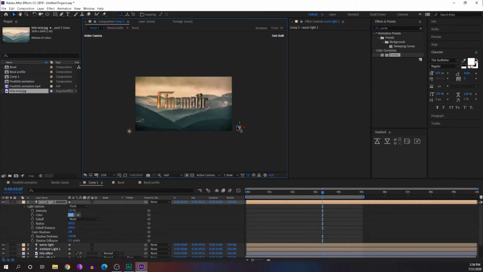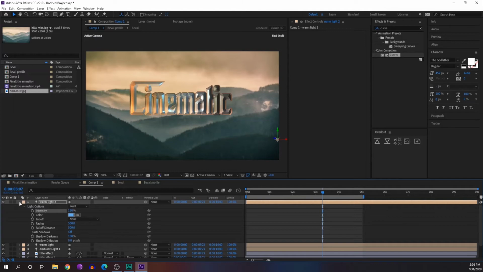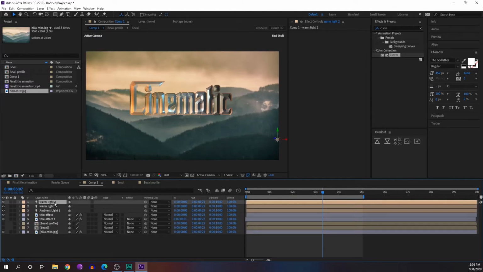One more thing you can do is push the lights in Z space back and forth to make the effect more effective. I'll make it maybe 150. Now we've created two lights. This one I'll name cool light.